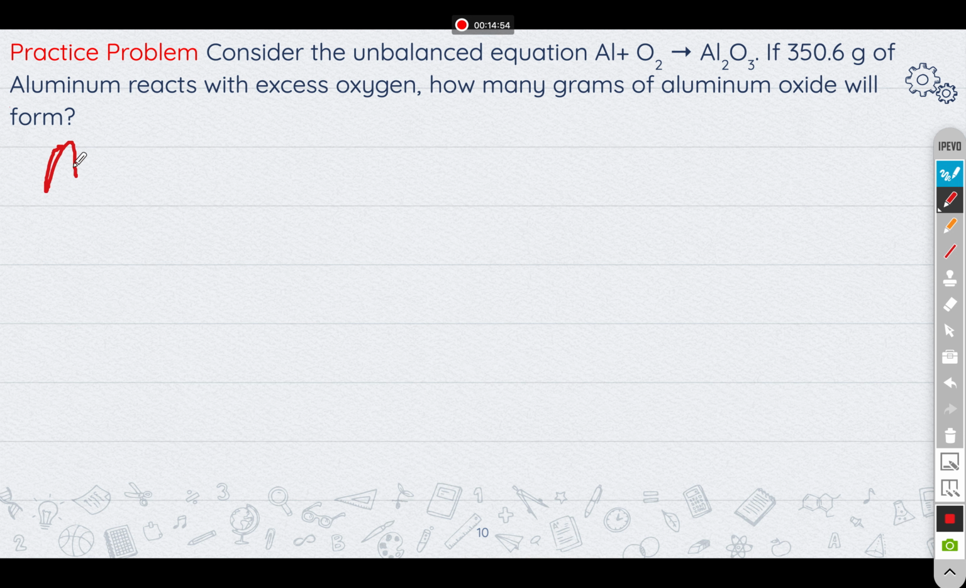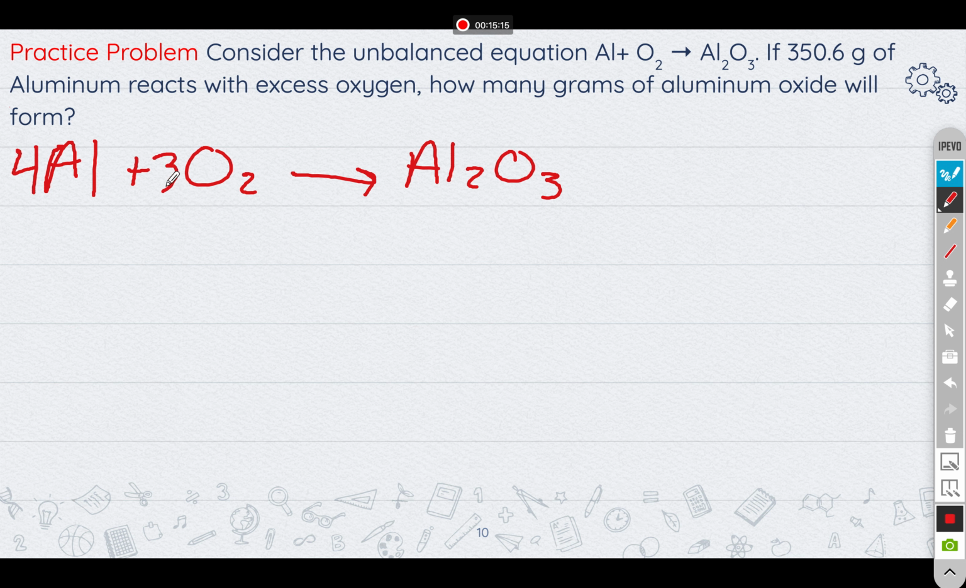So you have aluminum plus oxygen yields aluminum oxide. Okay, so if you were to balance this, you would have 4, 3, 2. Let me grab my notebook. All right, so you're gonna have 4, 3, and 2. All right, so those numbers are the ones that you are going to be using for